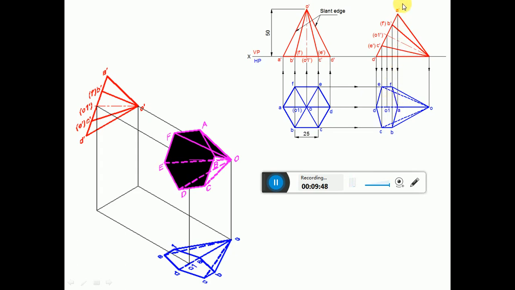So when you look from the top view, AO is near to the observer, so it is visible. So dark between AO. Then the question is about EO and CO. EO is the invisible edge because it is crossing the AF line, edge AF, a visible edge. So naturally EO is going to become invisible because two visible edges can never cross each other. Similarly, CO is going to become an invisible edge because AB is visible and CO is crossing that edge AB. So naturally it is going to become invisible.